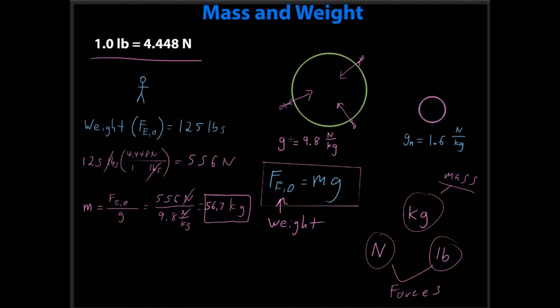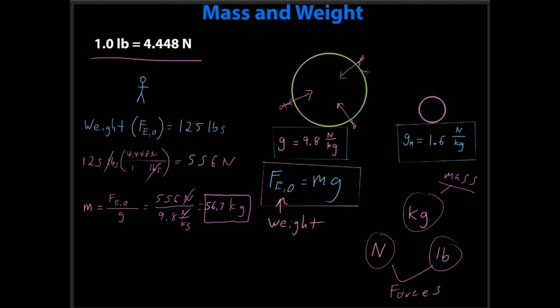Most of the time, you'll be using g, because most of your problems are going to be on the surface of the Earth. However, if an assessment really wants to know if you understand this concept, they will literally change what planet the problem is on. They could put it on the moon, they could put it on Mars, and how you get the different ratios on the planets is something we're going to discuss in a later topic.